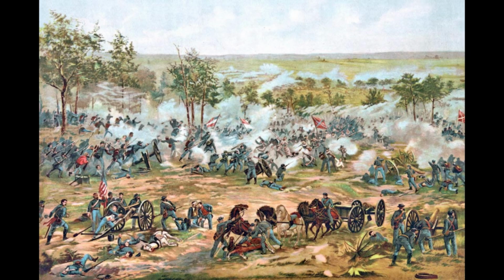Gettysburg takes place July 1st to the 3rd. And in and around the town of Gettysburg, obviously, the battle involved the largest number of casualties of the entire war and is often described as the war's turning point, with the aforementioned siege of Vicksburg happening at the same time. Shortly after the Army of Northern Virginia won a major victory over the Army of the Potomac at the Battle of Chancellorsville a couple of months ago, General Robert E. Lee decided upon a second invasion of the North,